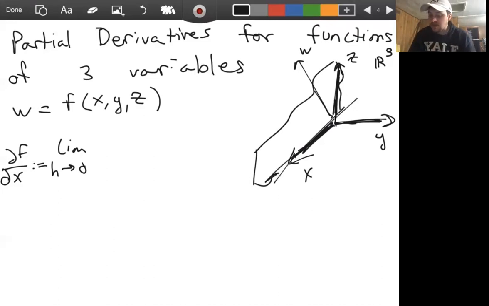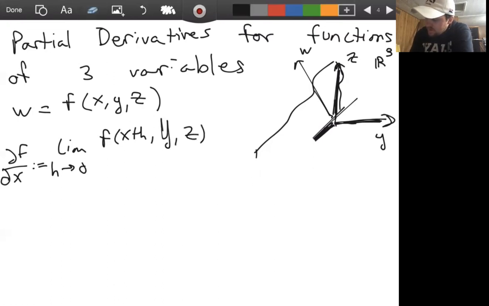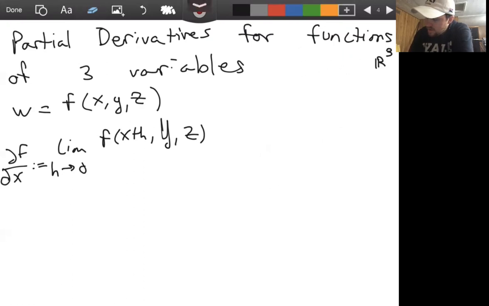You take a surface where y and z are held constant, and then you look at how this surface is changing in the x direction, right? And so this is f of (x plus h, y, z) minus f of (x, y, z)